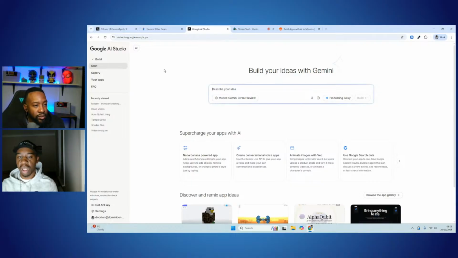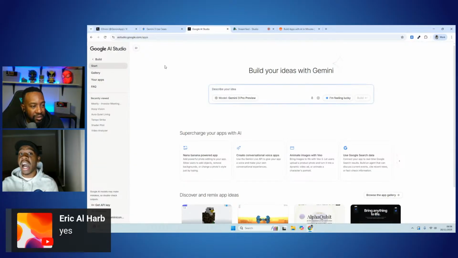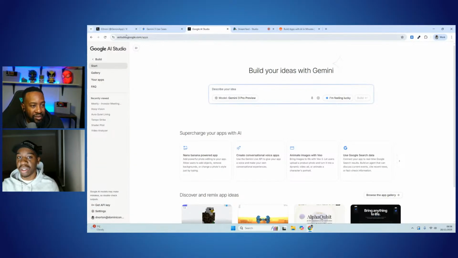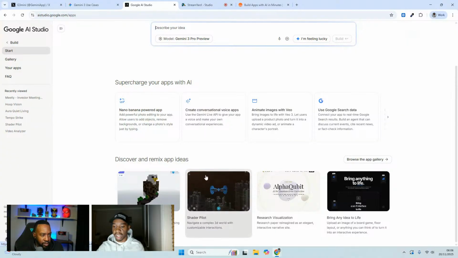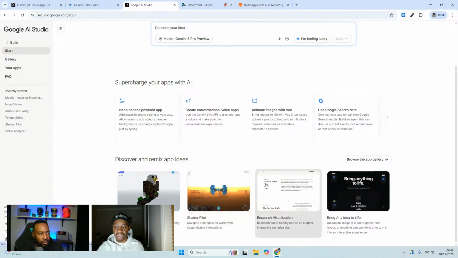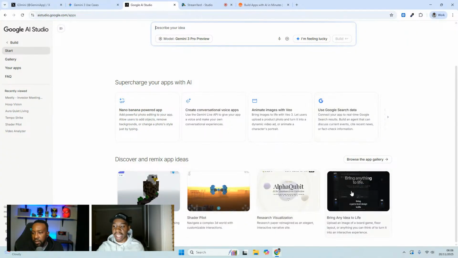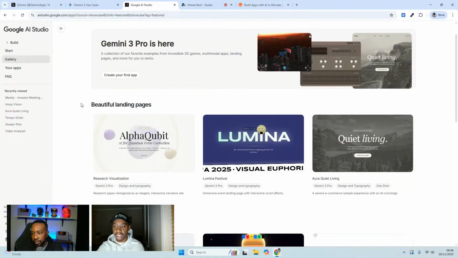Okay. So I think the thing with Google, sometimes things are overly confusing because of their product portfolio. I have access to Gemini free at aistudio.google.com. I think you can access it other places too, but this is where I've accessed it. You can see I have some previous things. They have their gallery here where you can see people have made shader plots, research visualizations, and landing pages. If we go and see more,